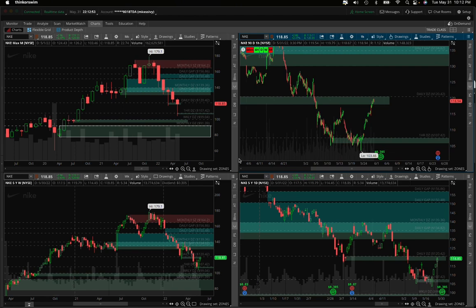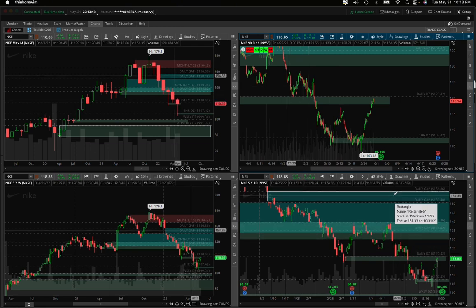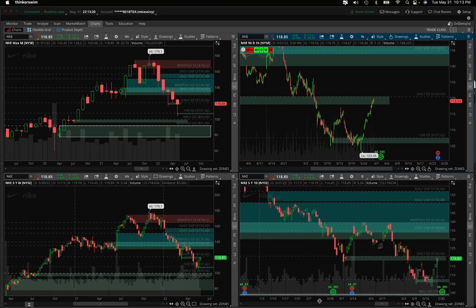All right, so we finished working up our charts. You can see we got some monthly demand and supply zones, weekly demand zone, the daily and hourly demand zones. Also got a couple of gaps that we identified. So if we try to zoom out a bit,